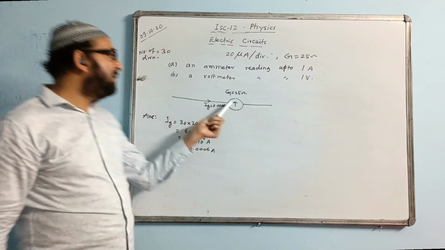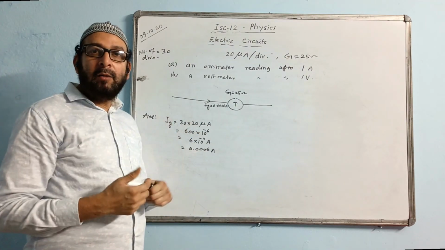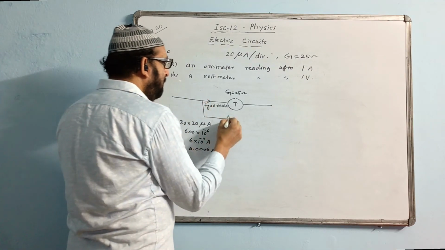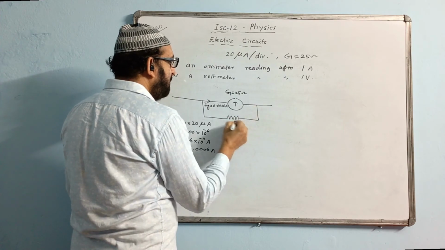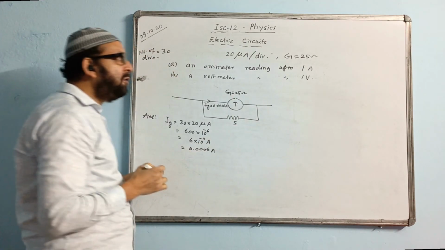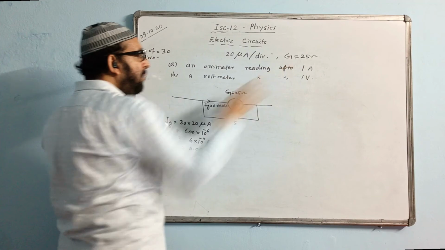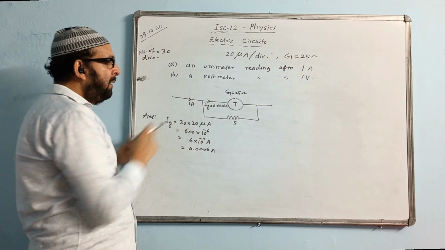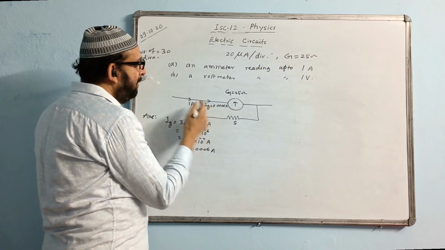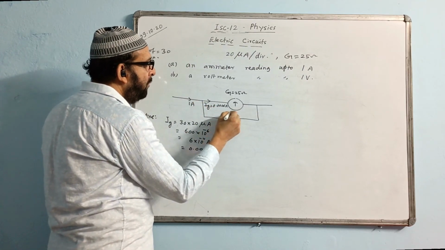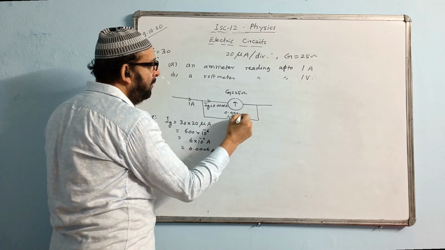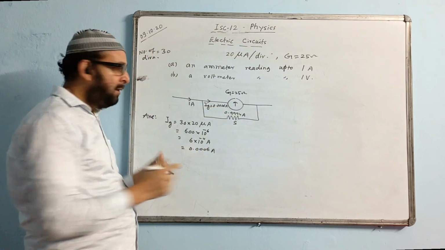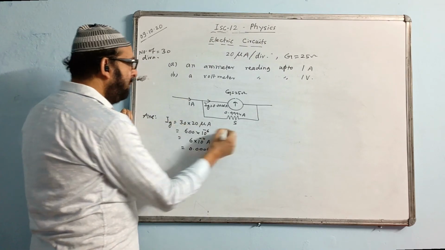And now we are changing this galvanometer into an ammeter. How can we change it? By a shunt. A shunt is parallel, so you have to put a shunt over here, that is S. The entire thing is changing into an ammeter, and it should read 1 ampere. So the current through the shunt is 1 minus this, and the answer will come 0.9994 ampere. I subtracted 1 minus this and wrote it here directly. Now we can do the working for part A.